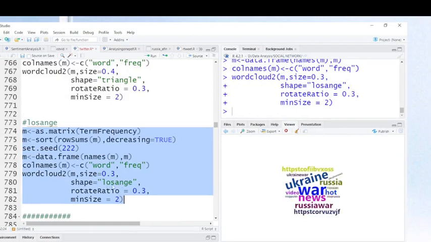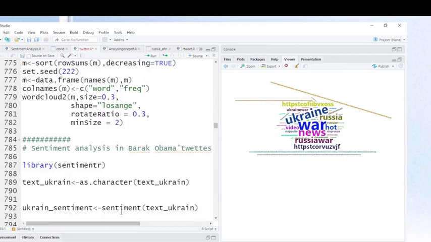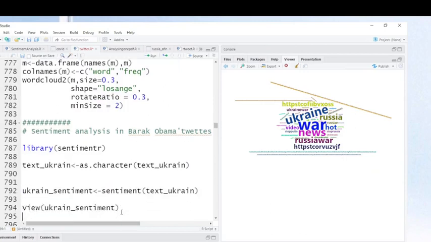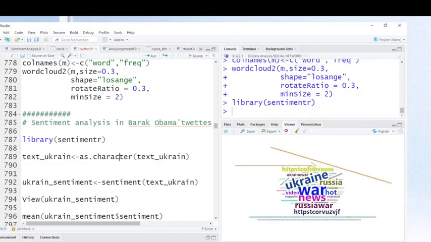As you can see here, indicated lozenge. Let's increase the size. Now I'm going to perform sentiment analysis using the sentimentr library. Let's run this command to translate. Let's run this first command to call sentimentr in the working environment, and I'm going to transform it into character text